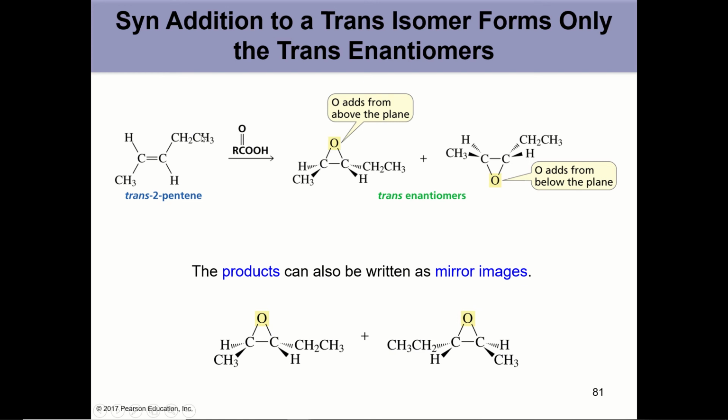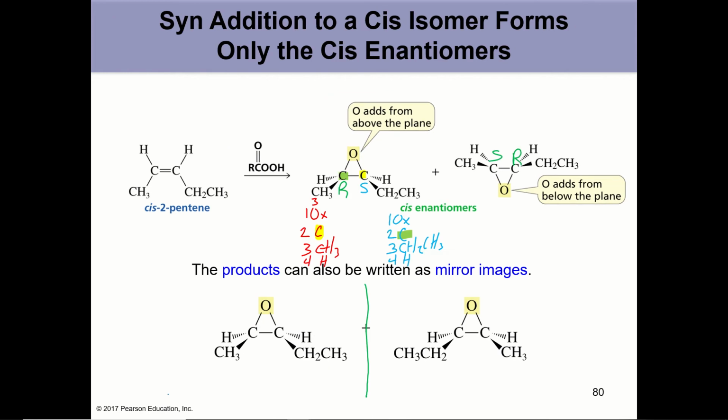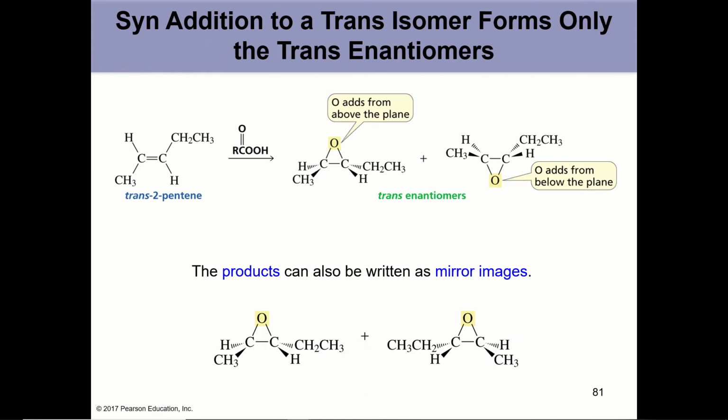So for the peroxy acid reaction, we looked at SYN addition to the cis isomer of the alkene. Now we're going to look at SYN addition to the trans isomer of an alkene. So SYN addition to a trans isomer will create the trans enantiomers, and the difference would be that instead of having where we had previously defined the configuration of the cis as RS, we now have RR